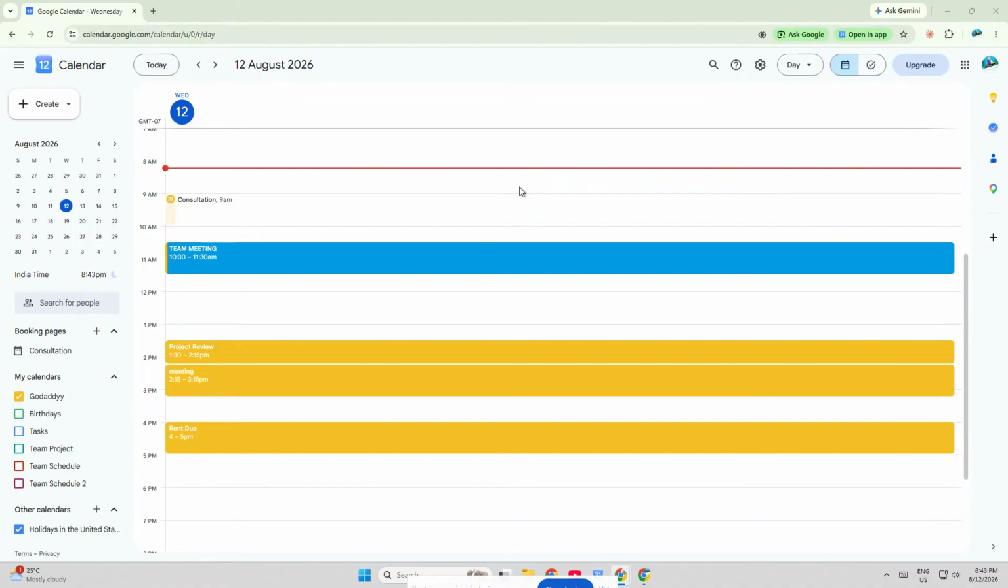If you manage a busy calendar, color coding can save you time and help you instantly spot the type of